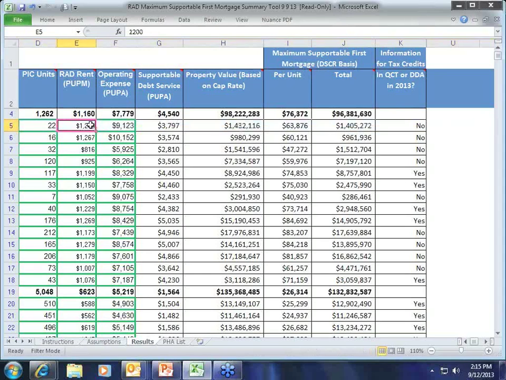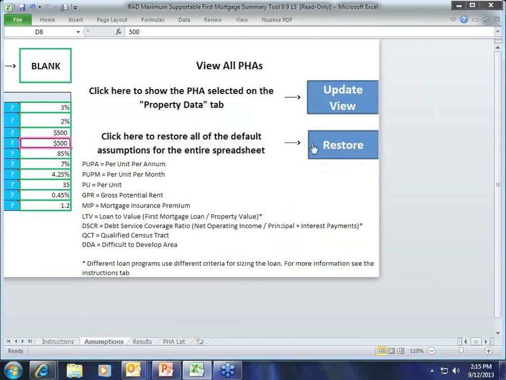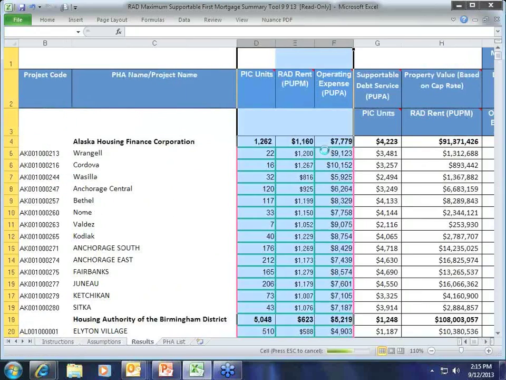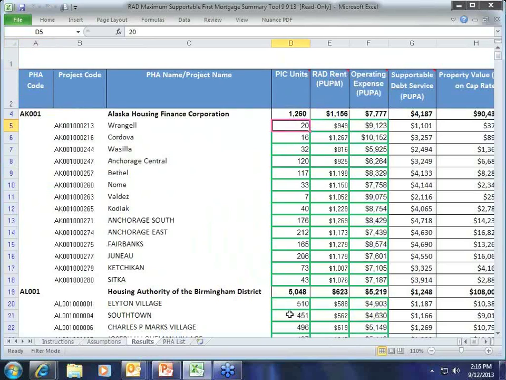So you can just go right into there, and if you've done that enough that you forget which ones you entered and which ones are originals, you can just go back to the assumptions page and click on restore all the default assumptions, and it goes back to the original data. All right. So again, just a nice nifty tool that helps PHAs, field offices, staff, consultants, lenders,